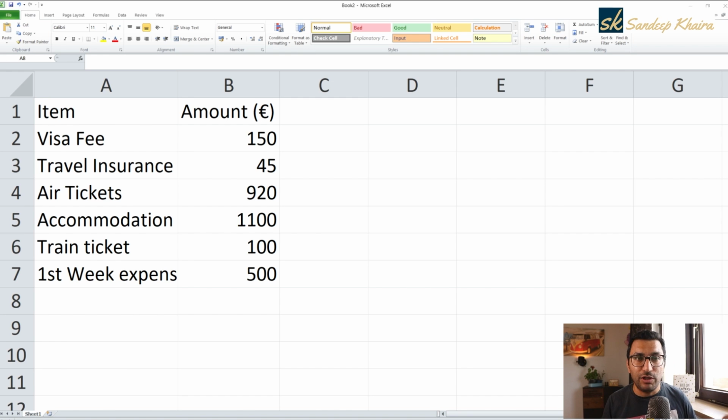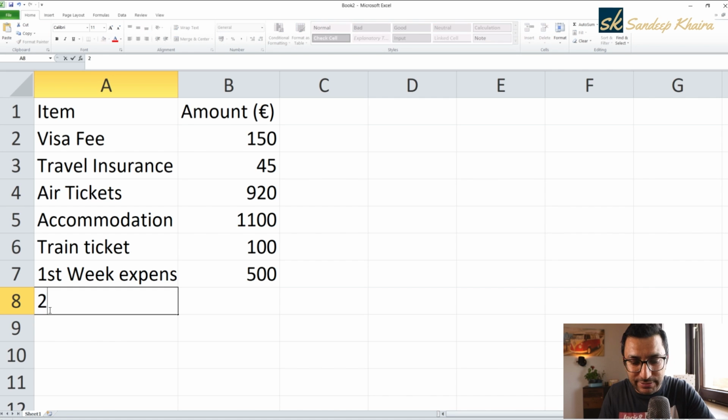So if you are just cooking food at home, let's say you are cooking 2 meals a day, 3 meals a day, then you can expect 80 to 90 euros per week, including, as I said, anything miscellaneous you want. So in that case, I'm putting in for the second week